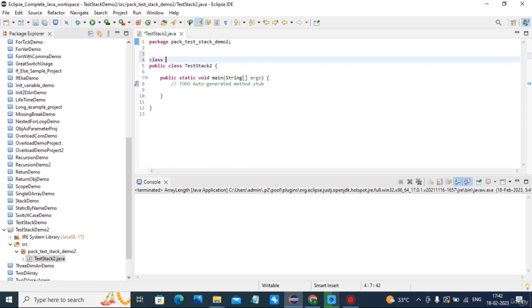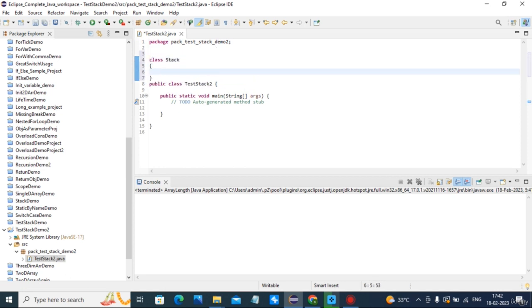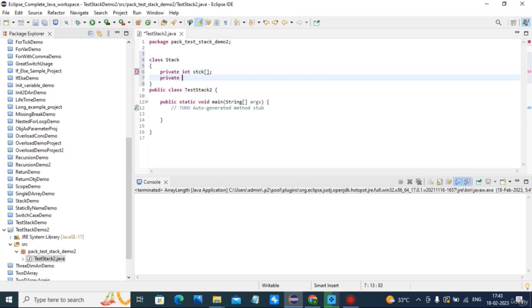So as previous, I will create class stack. In that, private int stack and private int top of stack.